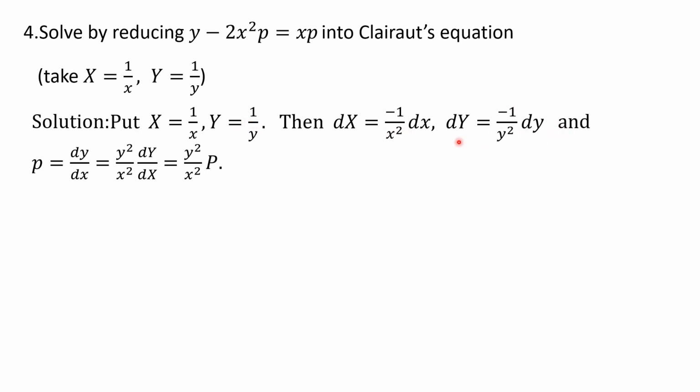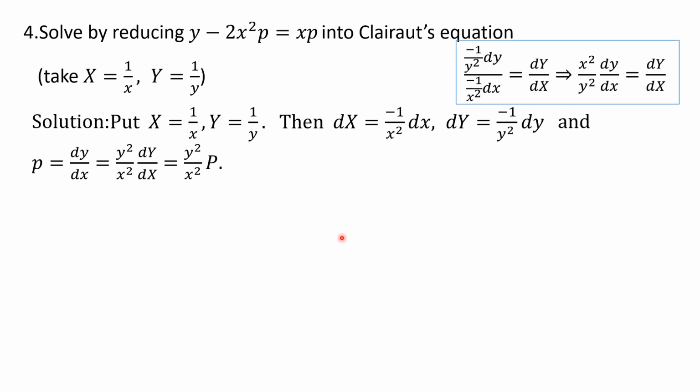And if you take the ratio, say I want dy by dx, so this divided by this, we will get minus 1 by y square dy divided by minus 1 by x square dx. So minus minus gets cancelled, 1 over y square divided by 1 by x square goes to numerator, x square by y square dy by dx equal to the derivative of new y with respect to new x. But x square by y square you can take this side, so that gives y square by x square.